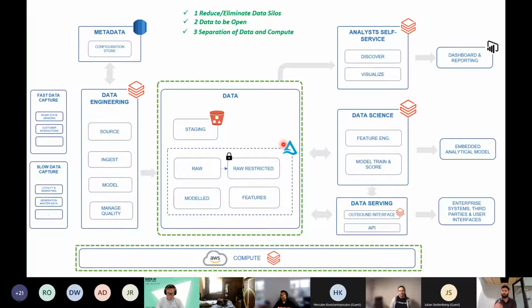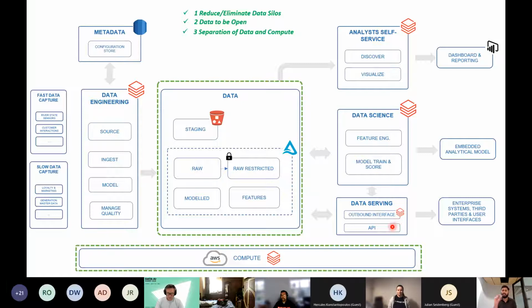The other need was to separate data from compute. Now, as you can see, the compute is separate from the storage. Data engineering needs a medium, 4 CPU, 8 GB memory cluster or a machine to run its processes. An analyst self-service or discovery probably needs less than that, but it needs to be always on 24/7 because Power BI should be connecting to it to refresh the dashboard in real time. Data science probably needs a memory-heavy compute or machine because it trains on data across the last 5 years or 10 years.